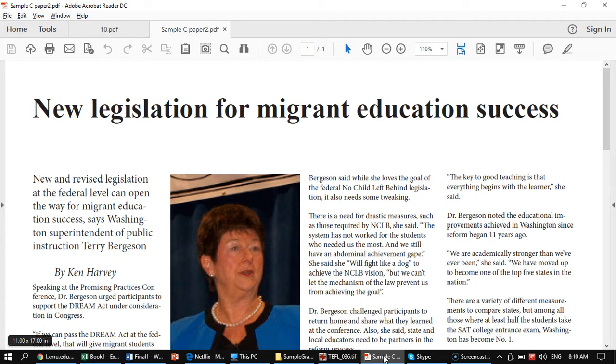So anyway, let's take a look at this. This is a C paper. It says right at the top, C paper. So what's wrong with it? First off, it's using the wrong style at the top. That should be a sans serif type, and this is a serif type. It has no verb in the headline, and if there's no verb, then there should be a sub-headline with a verb. They do have a summary sentence, but